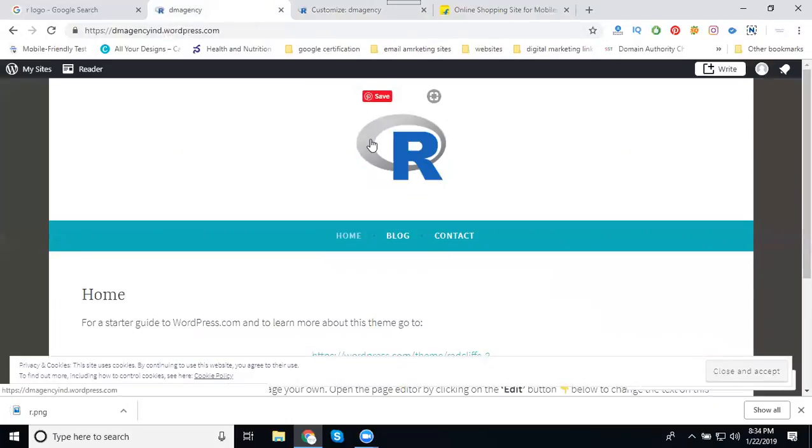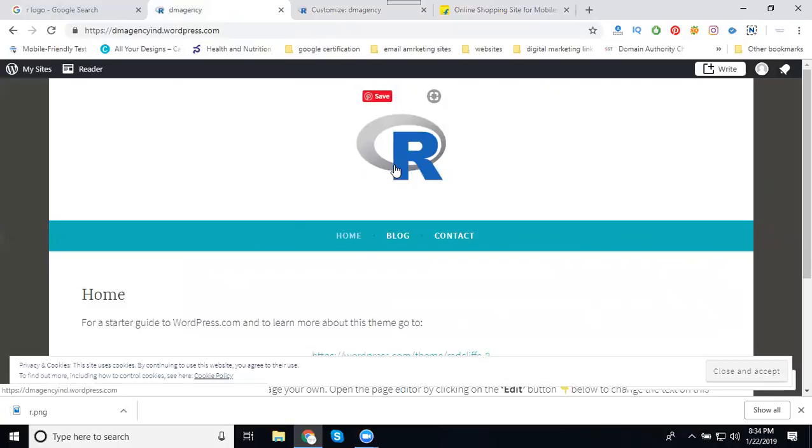This is called your customized size. And here is a question: in WordPress, can I change the logo option? It means logo position. The logo position depends on your theme. This is not customizable. If you customize it, it's done by developers in your premium sites. A free site is totally dependent on the theme base. We can't change your logo position. This is very important for your free website.